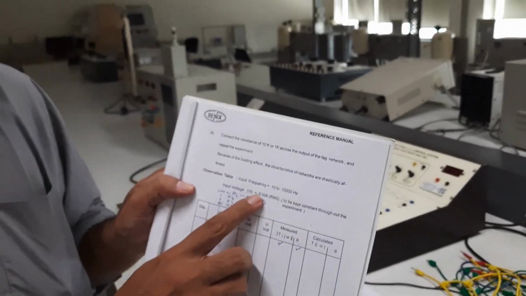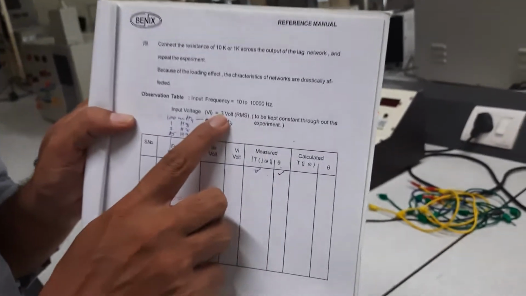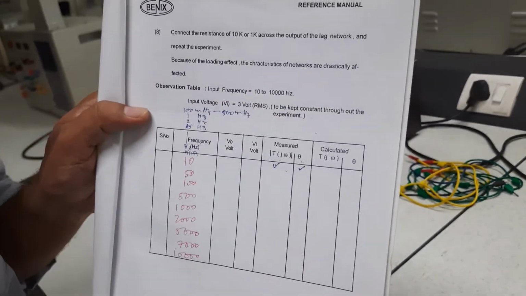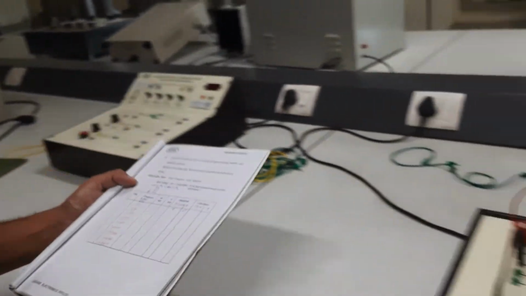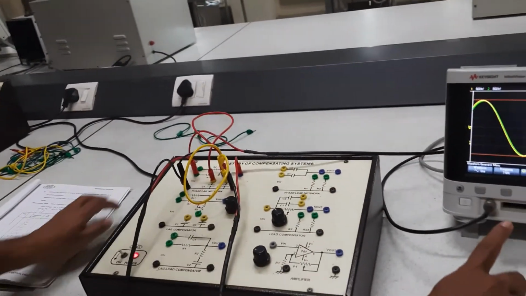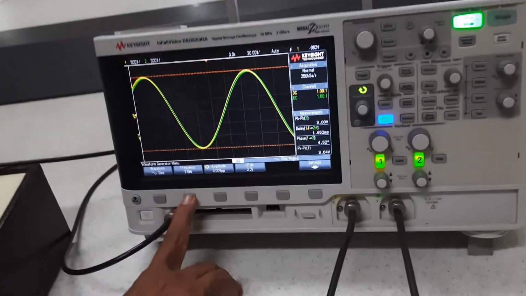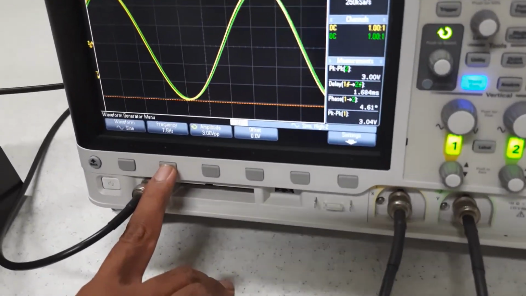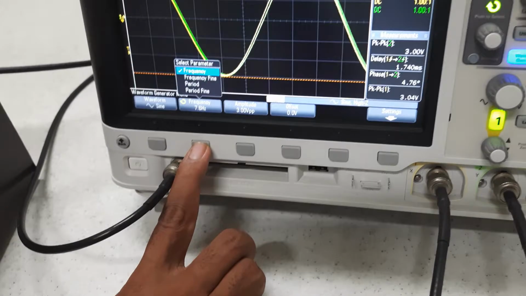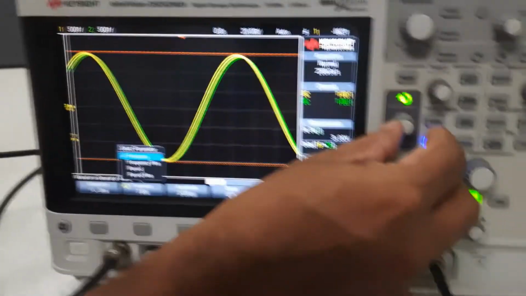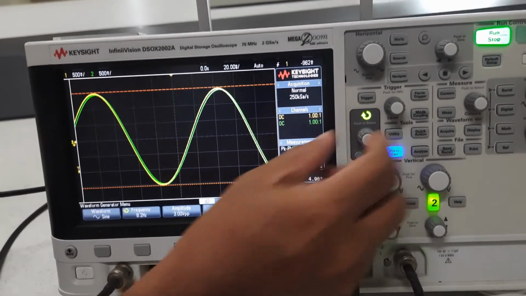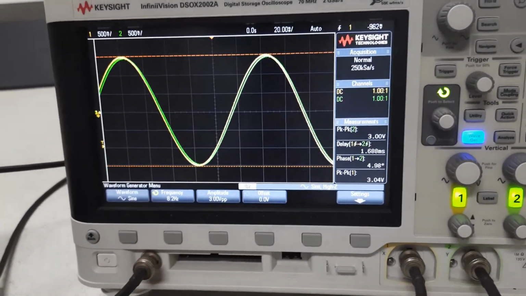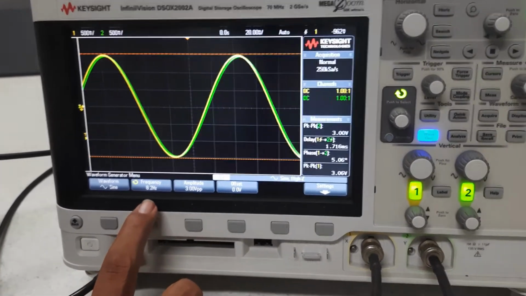And for a given input voltage of 3 volts, we are going to change the frequency from 10 Hertz to 10,000 Hertz. I'll just show you how to change the frequency now. You already know that now it is 7.6 Hertz. Okay, now I can change this. I am changing this. So whenever I change, like now it is 8 Hertz, right? Whenever I change, you need to